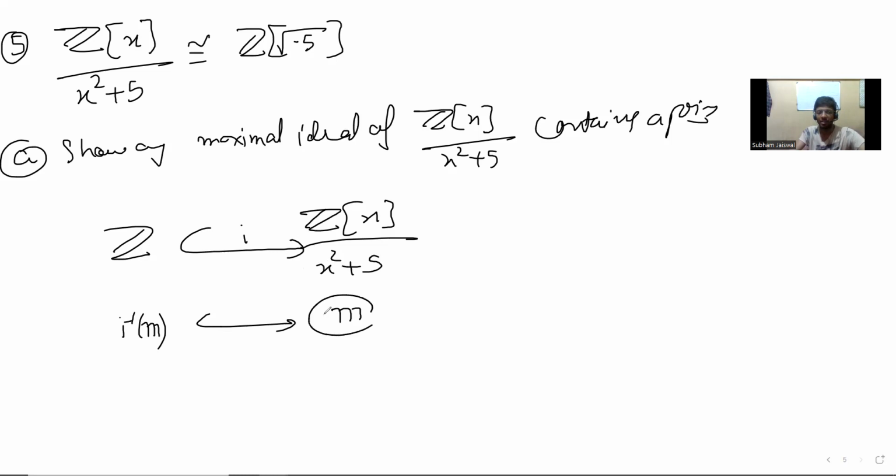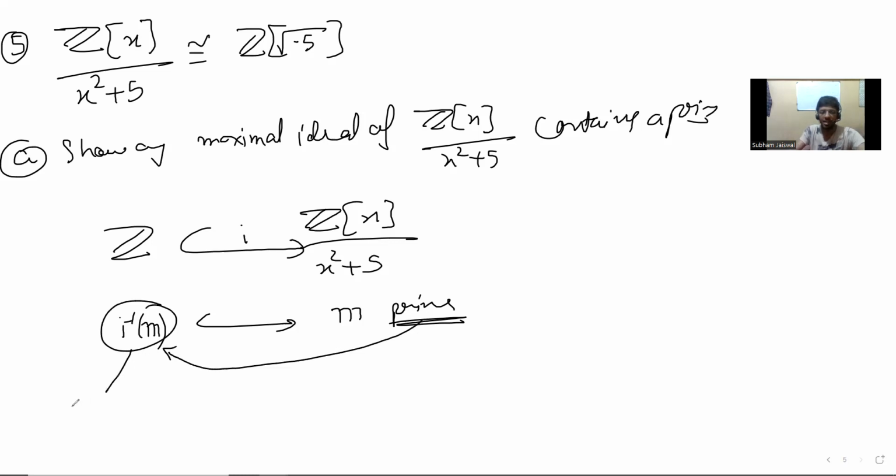Now you see, if this is maximal, it doesn't obviously mean that the inverse image is maximal. But because this is maximal, we know this is prime. Follow that, right? If it's maximal, then it is prime. But obviously, we know that the inverse image of a prime is prime. So this is prime. So it means that this is either 0. 0 is also a prime, right? In integers, in the ring theory definition, it is a possibility. And that translates to saying that M doesn't have any elements from the integers, which is possible. Just take X. That's a maximal ideal, and it doesn't have any.